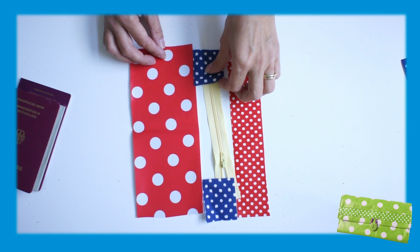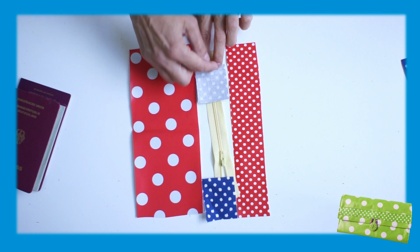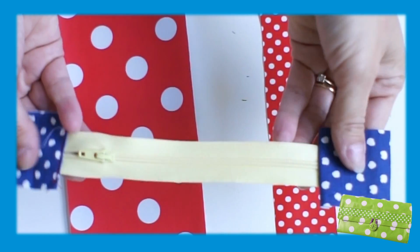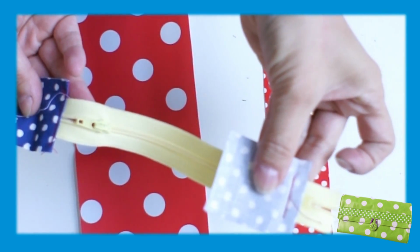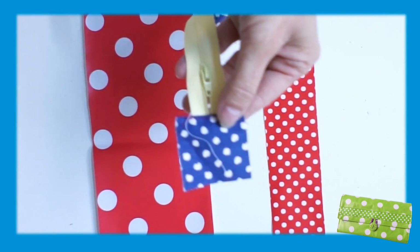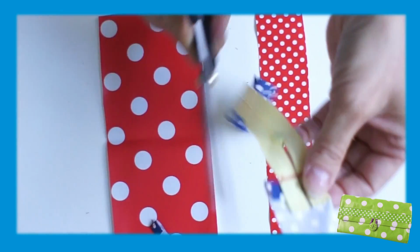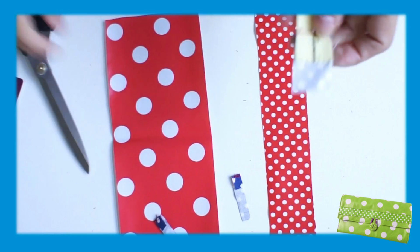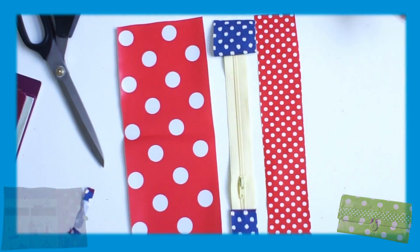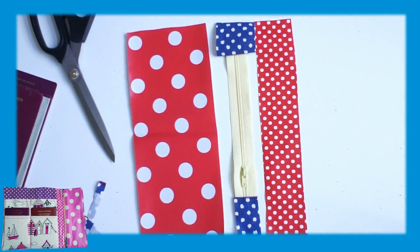We're going to start with putting the zip in, so it's always easier to have an extender for your zip. So you want to sew this across here so it comes down and ends up on that line. So you can see I've sewn it on here like that, and then I've also top stitched across here, so I can now cut this back. You can do it from this side if you like, straight down, and this is what I call a zip extension, so that can go here. So the zip is just basically made longer, which makes the attachment here at the end and the sewing much